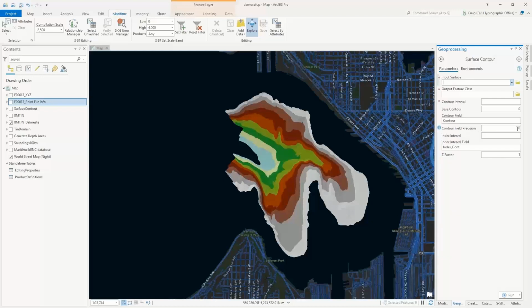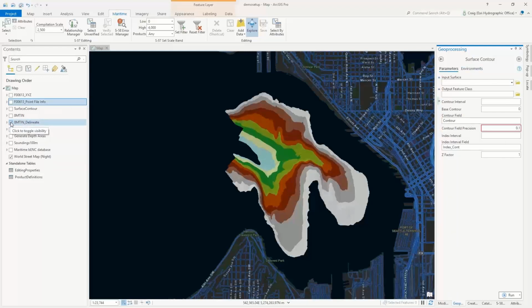And then you can have some precision. So maybe you want, if you're going to have decimeter contours, you're going to have to add some contour field precision. I didn't need to do that because I did a 2 meter interval, so it's a whole value, so I didn't need to add any precision here. But if you do, you might need to make this maybe 0.1 or something if you wanted to do decimeter contours. And then you would put the contour interval at 0.1 here, right? And then when you run this,